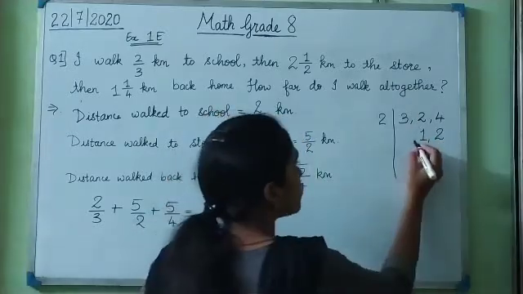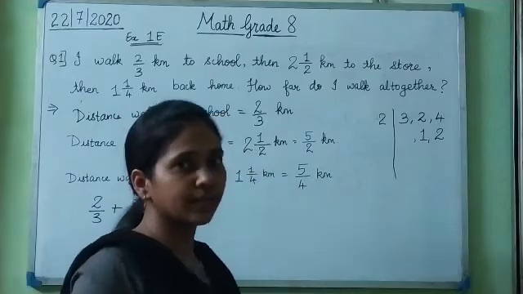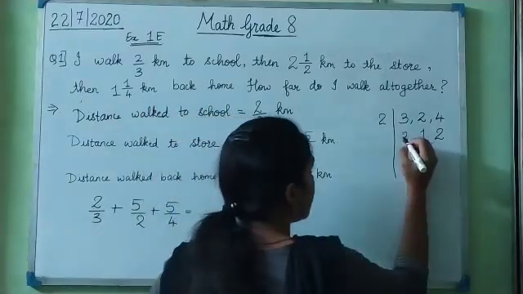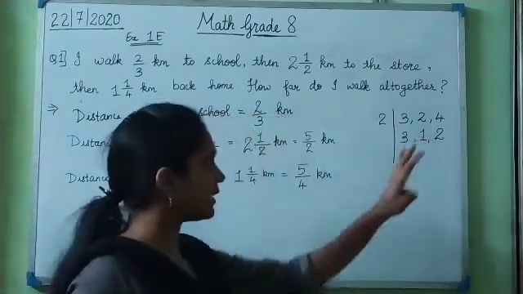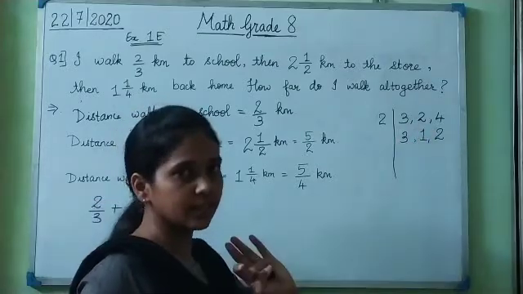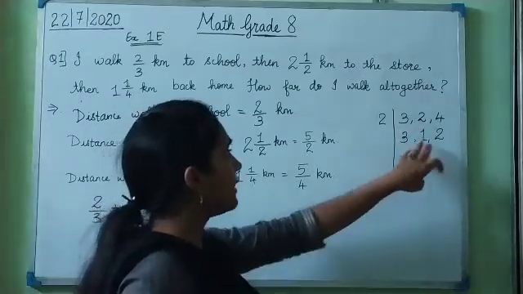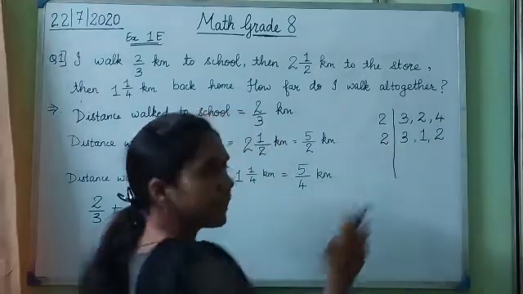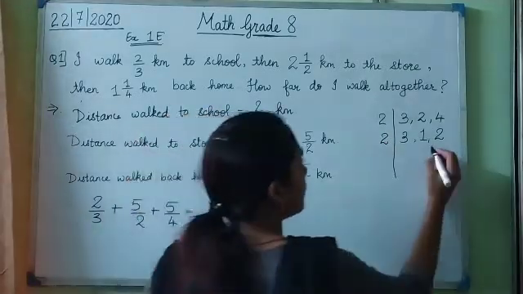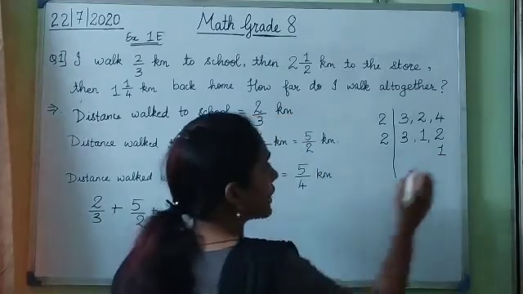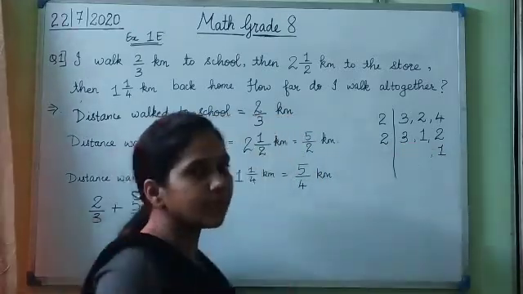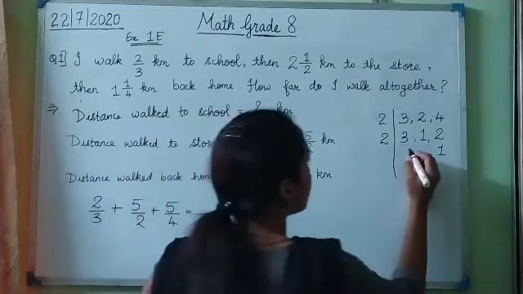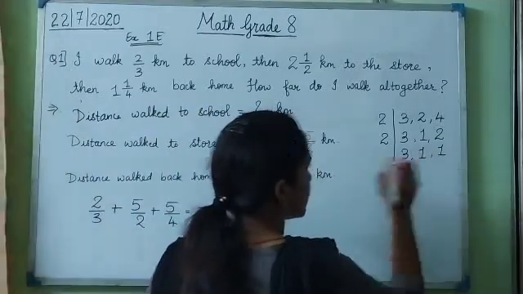Okay, and 3 is not divided by 2, right? So I write 3 as it is. I carry on 3 as it is down. Now again, this 2 here can be divided by 2. So 2 ones are 2. Okay. And then no other numbers can be divided by 2. So I write these two numbers also as it is.